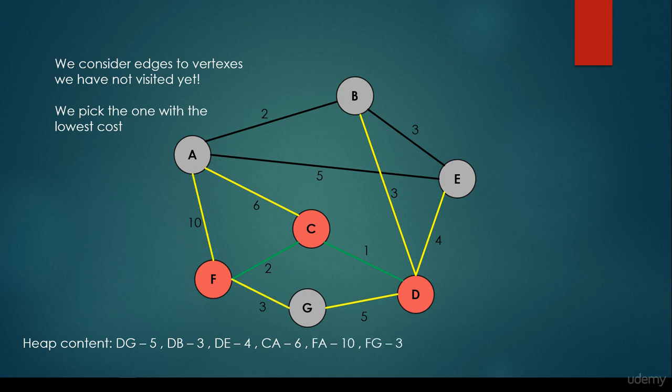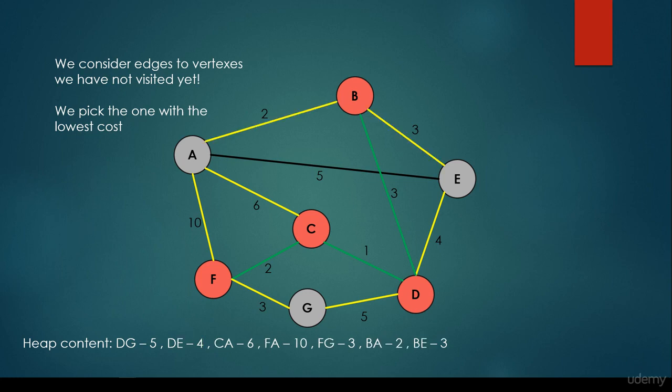Okay. Then we visit all the neighbors of F, so the FA edge and the FG edge have been inserted to the heap, and we select the edge with the minimum cost again, which is the DB, so basically the edge pointing from D to B. Then we visit all of its neighbors and insert the BA and BE edges to the heap.